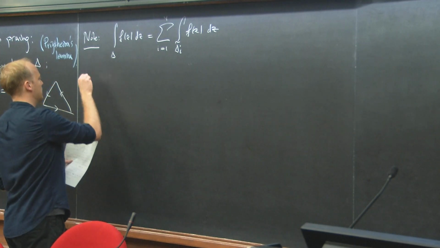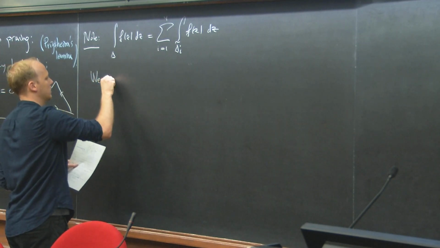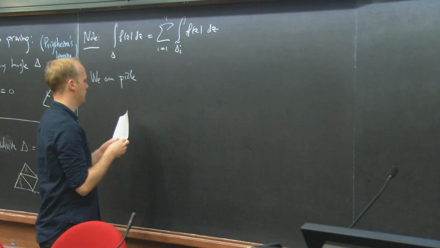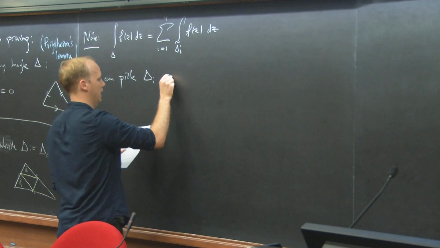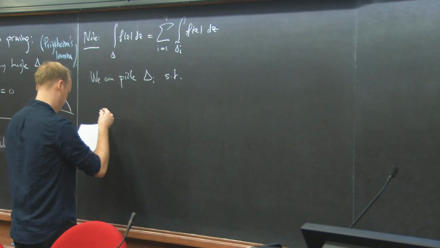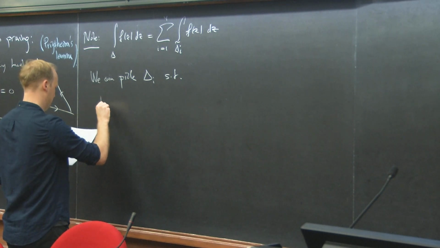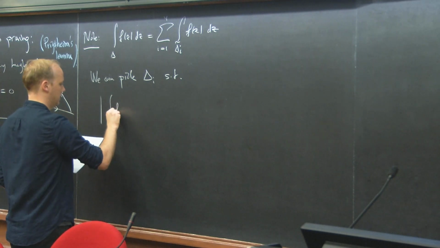And then the second claim is that we can pick, so one of these triangles, we can always pick a delta i, such that the integral along delta,